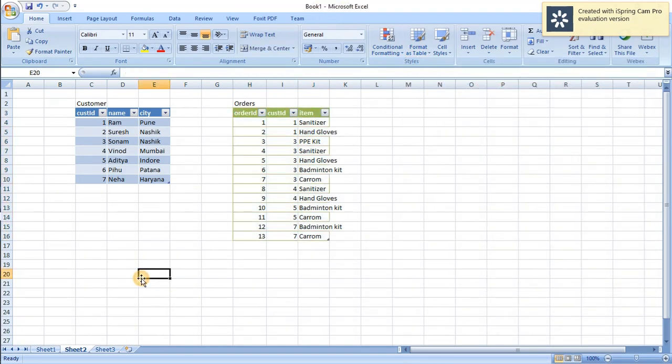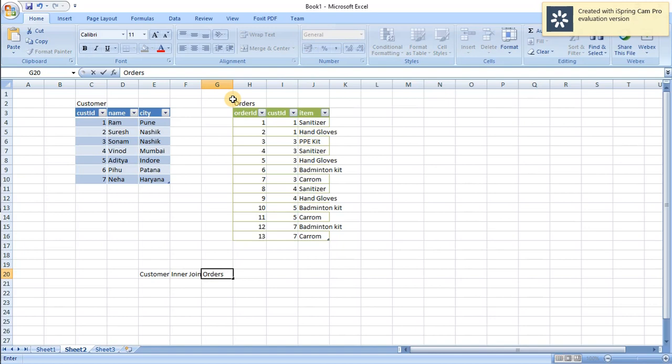Now let's see how this works internally, so how can we trace this? Here we are providing the customer inner join operation on orders.